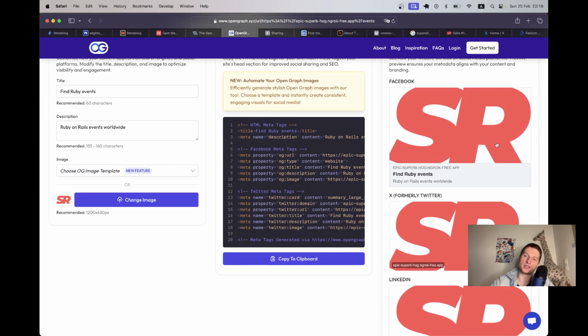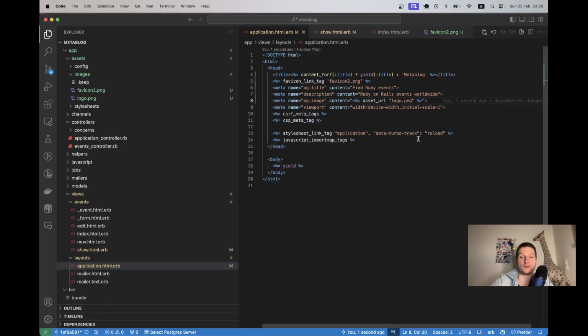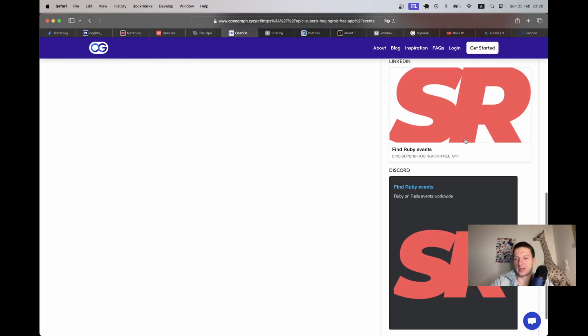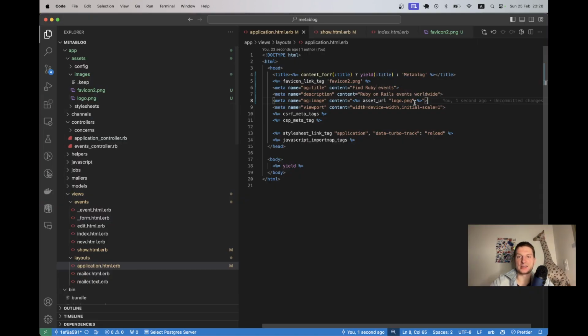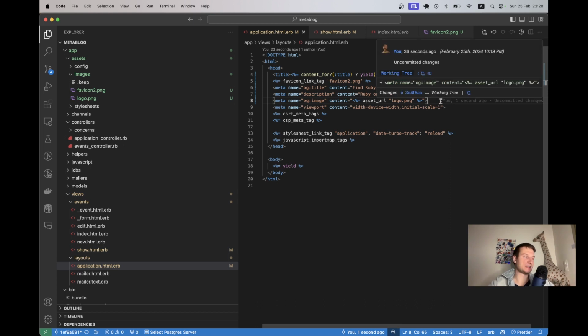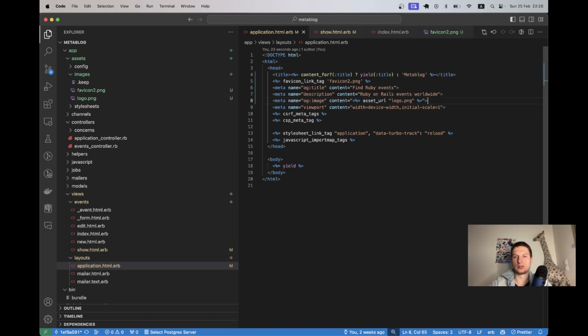Obviously the resolution doesn't look really great and you can have some kind of background, some kind of nice text here, but this will fit as a default image for sharing. So looks fine. Then let's set this text that will be page specific. So let's say we want to set meta tags on the events show. So to do this and to be able to write it to the head of the document, I would say something like yield